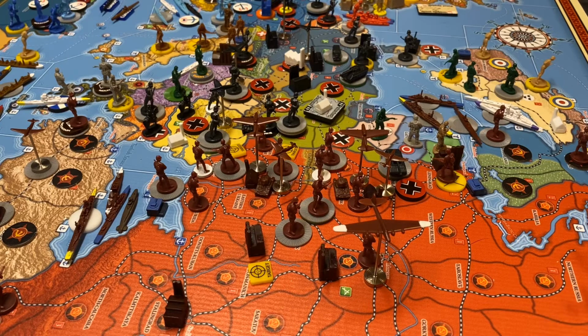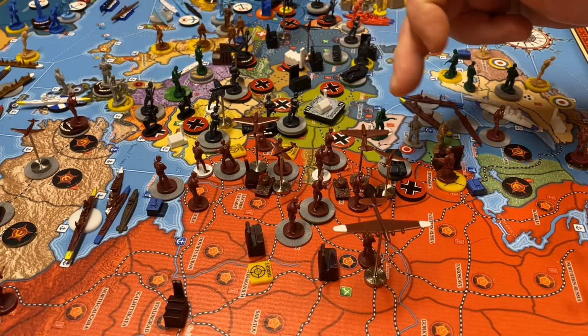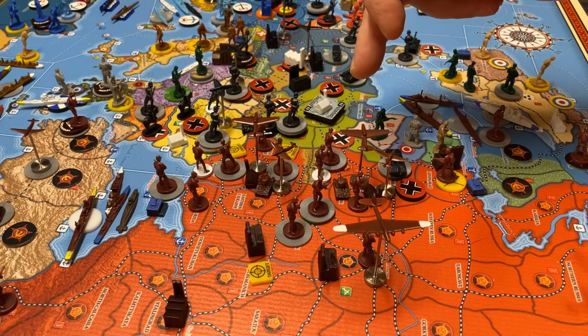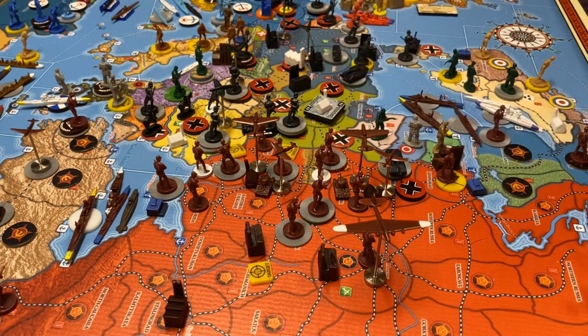Army Group North there captured northern Belarusia for the loss of 2 infantry. The Stuka, I'll put them there because I'm going to be moving other stuff up there, but the Stuka and the 2 fighters, let's see, they non-combat moved back to Lubelski. Okay, now we'll have